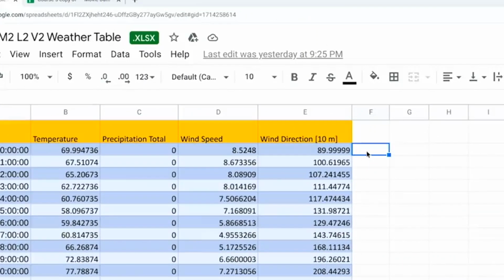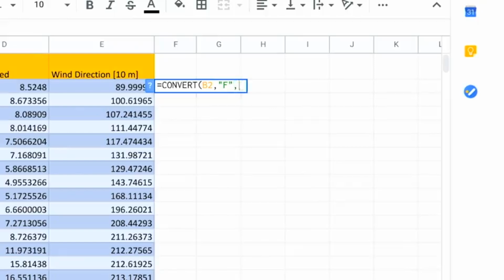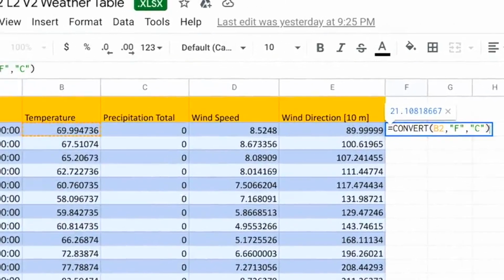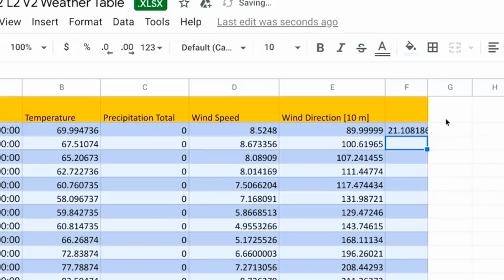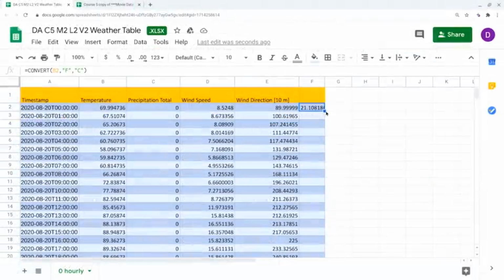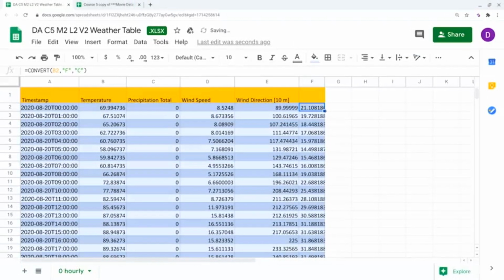We'll use this empty column here. Here's the first temperature in the table. We'll input the convert function in our new column to change it to Celsius. Then we need to put what cell we want converted. And finally, we're going to convert. And presto, now this cell has the right unit of measurement for your analysis. You can simply apply it to the rest of this column. Now, this temperature data is all in Celsius and your unit of measurement is consistent across the table.